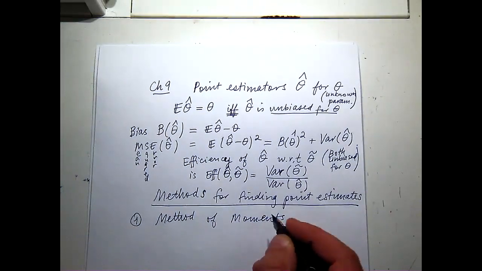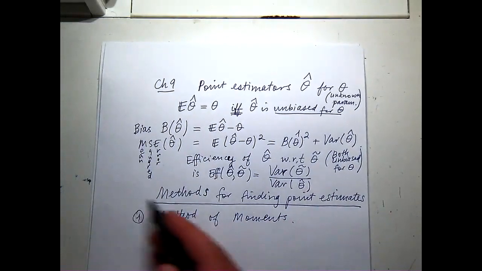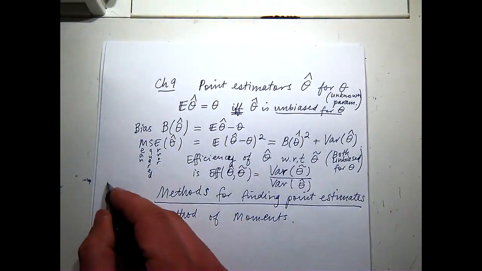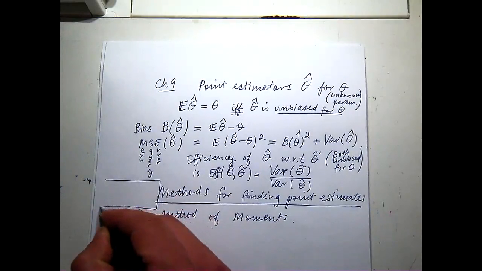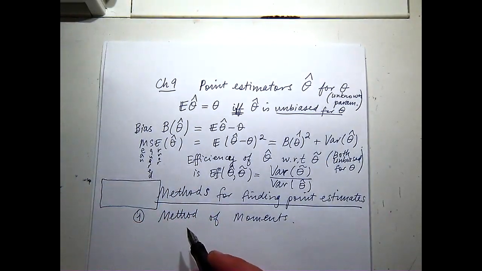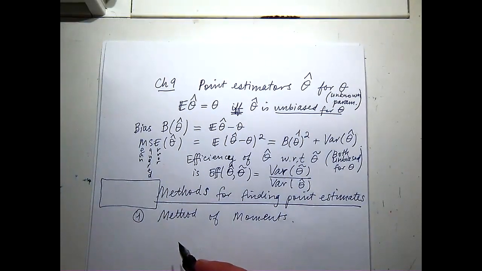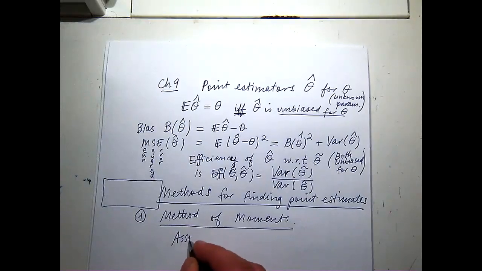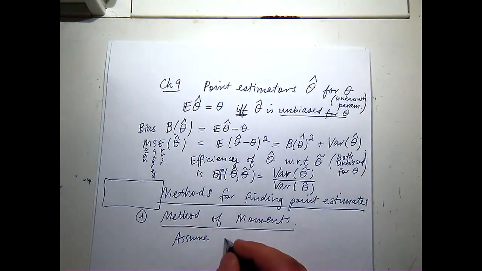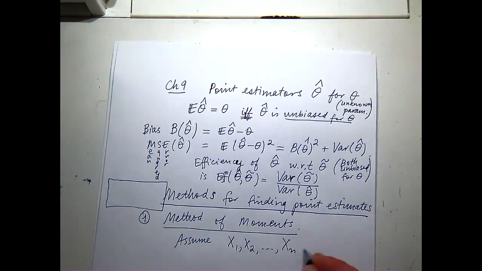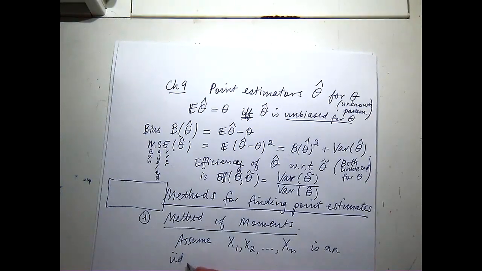So we're going to assume this is in the case of an IID sample. That will be a common thread throughout. Actually, the method of maximum likelihood is more general than that. But for the method of moments, we're going to always assume that x1, x2, ..., xn is an IID, independent identically distributed sample